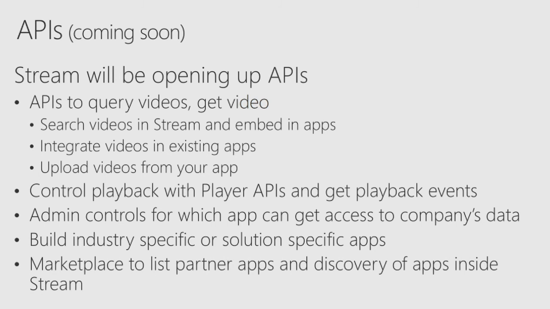And what this allows us to do is allow our partners to build solutions on top of Stream. It could be an industry-specific solution. We talked about a hotel example yesterday, where you want to teach your staff how to fold towels when they're hired fresh, or an onboarding example in the case of talent. So you can build customized apps and still leverage Stream as your video store and get all the richness of intelligence and machine learning behind it.